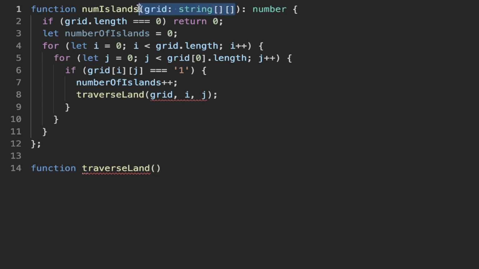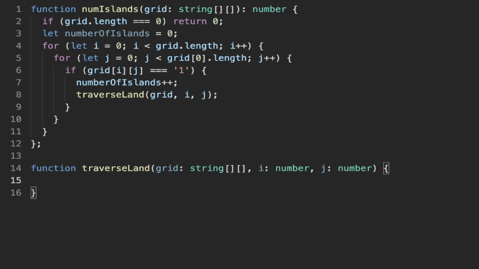So we know grid is an array of arrays of strings. I'm not really sure why they don't just use numbers, but i is going to be a number for the row, and j is going to be a number for the column. And basically what we want to do is we could say, if the cell that we're on for the row and the column,